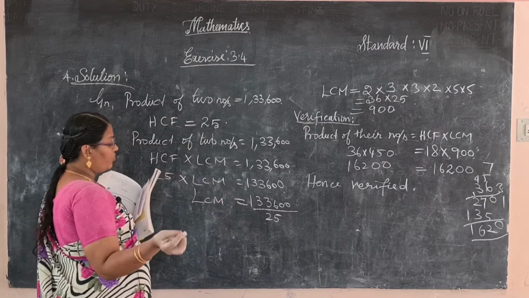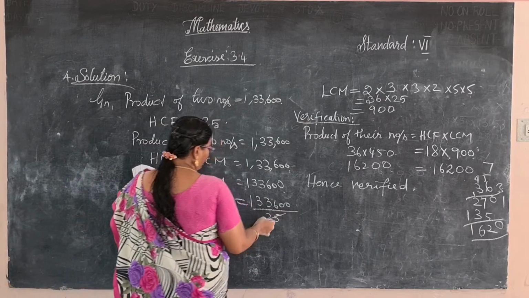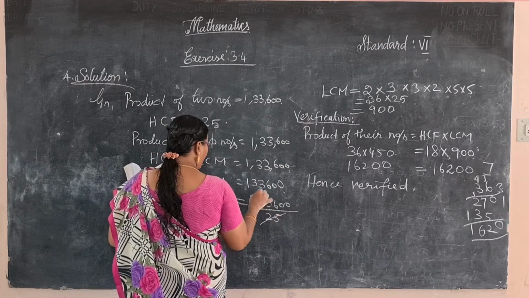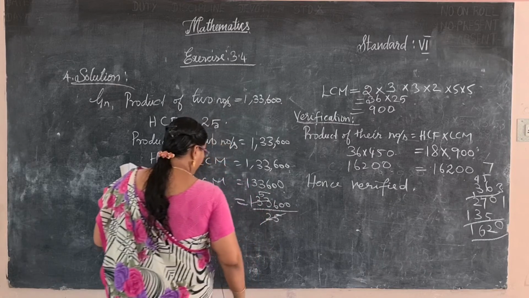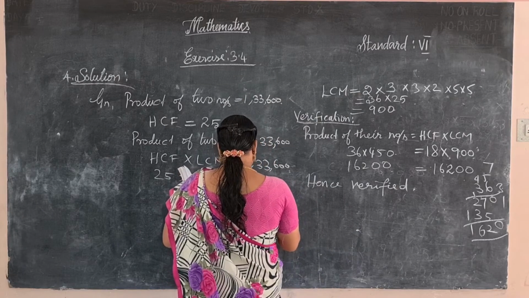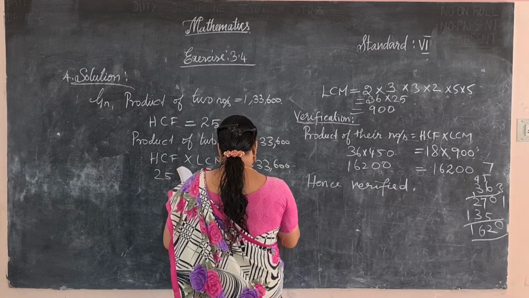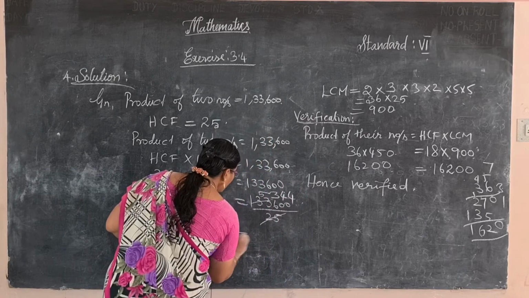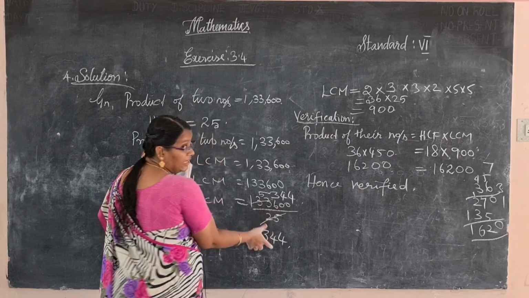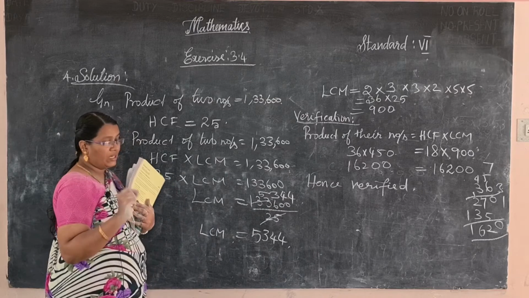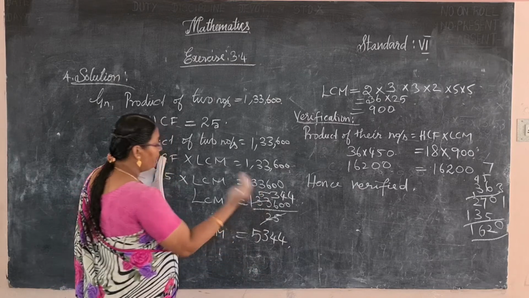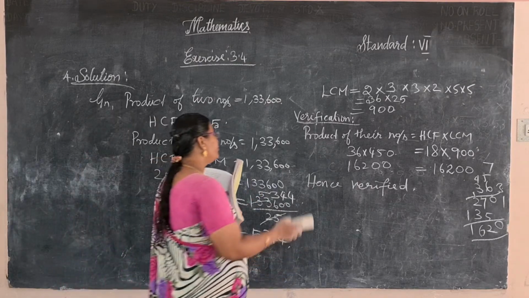You will simplify 5, 5, 5. I will directly cancel in the 25 table. Okay, 25. How many times is possible? 25 5s are 125. So remaining, we added the 3 times and then 25, 4 times and 4 times of that. Okay, so LCM is 5,344. You should calculate in the rough work area by small calculation, 5 table or 2 table, 1 by 1, you will calculate after writing this place. Okay, right. I will move to the next problem, 5th one.